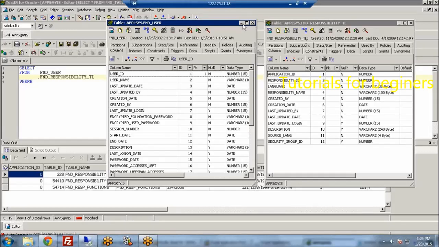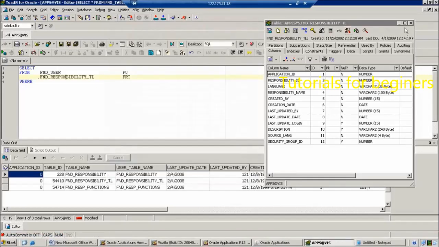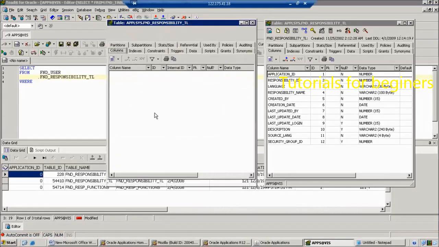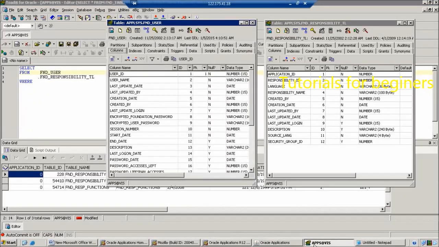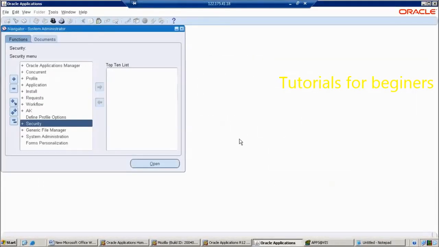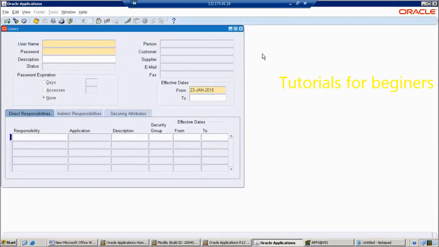How are we going to find that? In the backend we cannot find which common column has the user ID and responsibility ID. So I will tell you how we do that in the backend also. At this point, let us go to the front-end application. Here, this is the main form. This form contains user information as well as responsibility information. Observe.